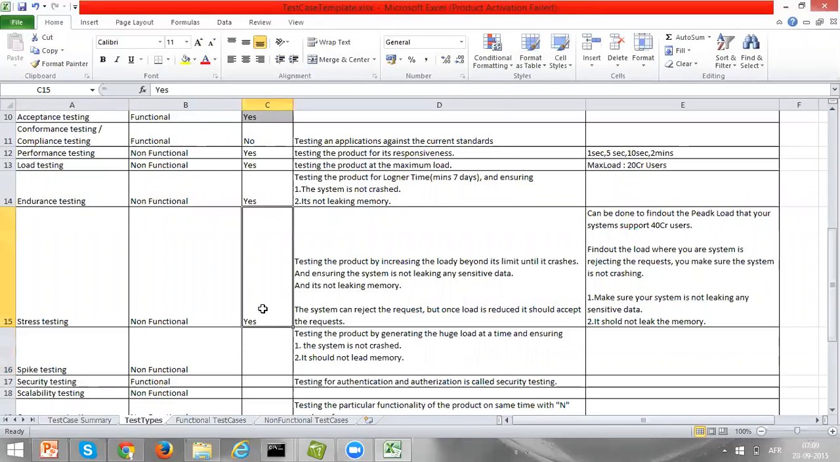Spike testing. So spike testing is nothing but, in load testing or stress testing, what we do is we increase the load gradually. We increase the load step by step, slowly. Whereas in spike testing,